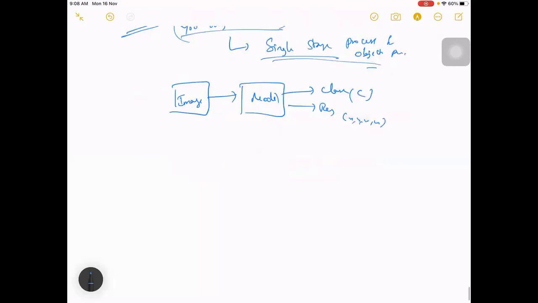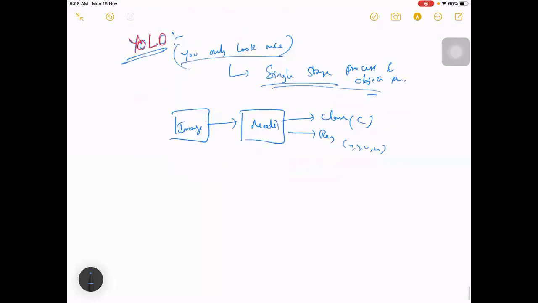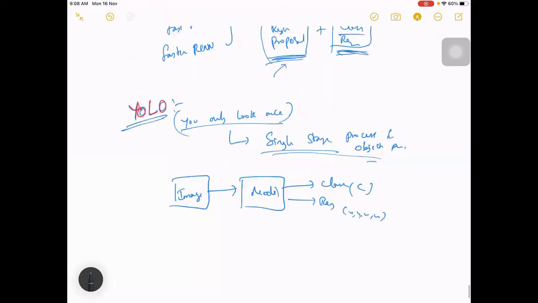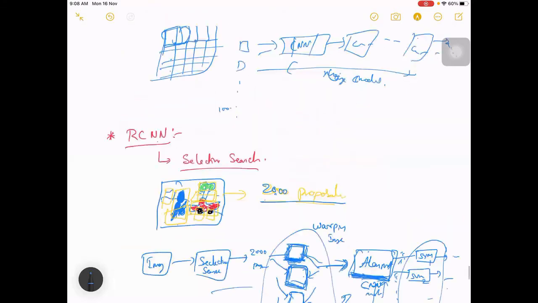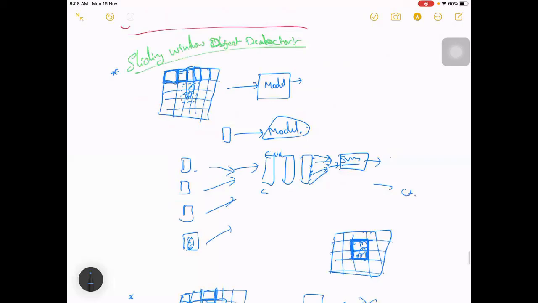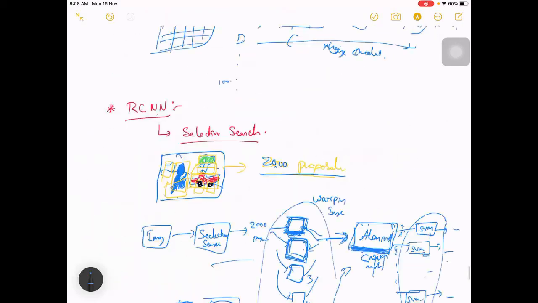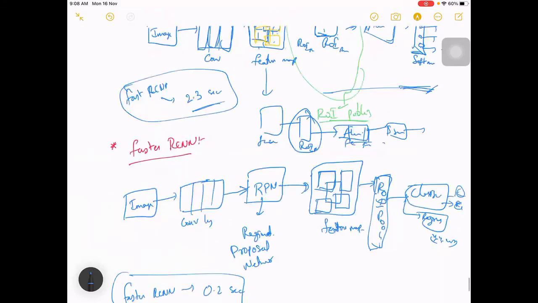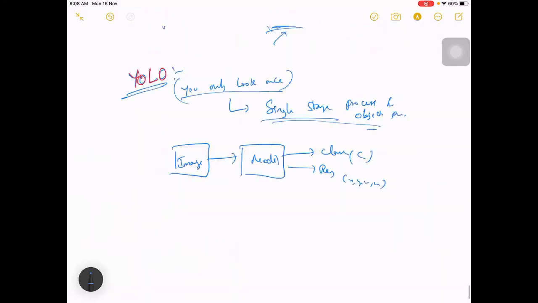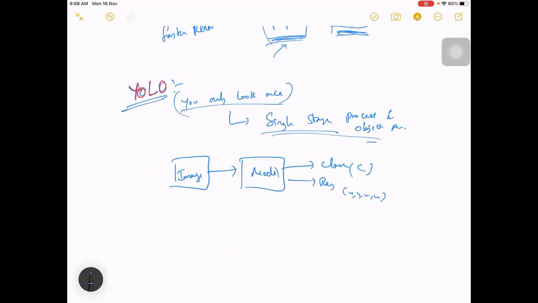How actually is the process? We are not doing any region proposals, which actually solved the sliding window problem. We are no longer using sliding window because we had a much better solution, which was region proposal. But region proposal is a two-stage process. Now we are saying that we will do it in a single stage. How can we do that?